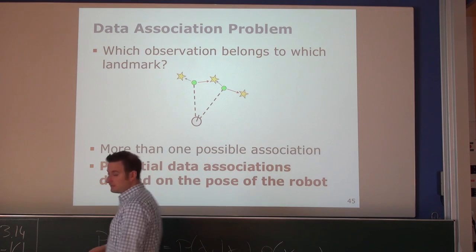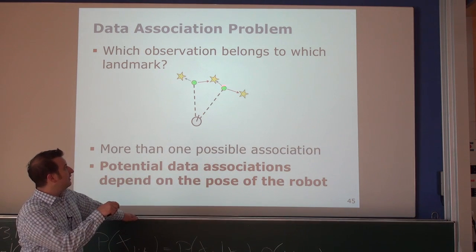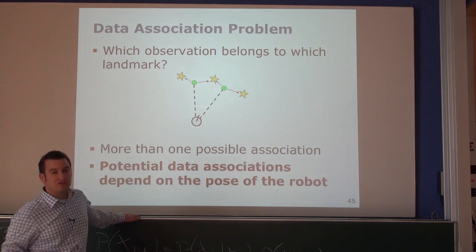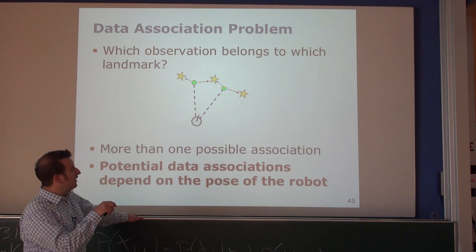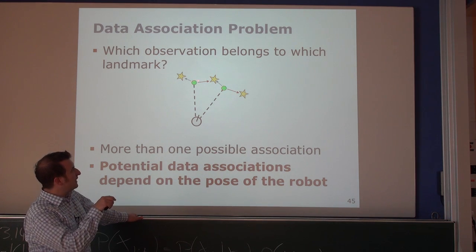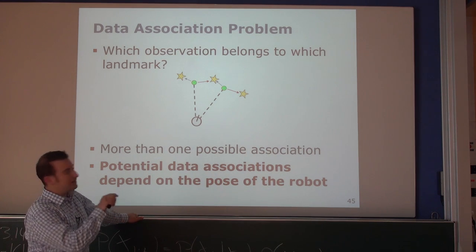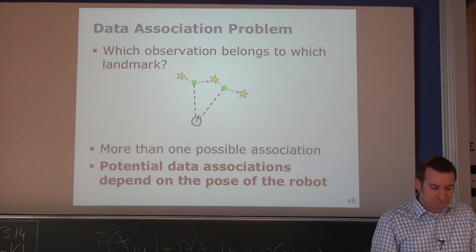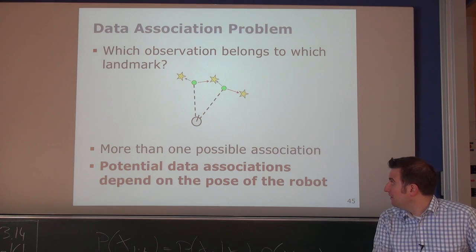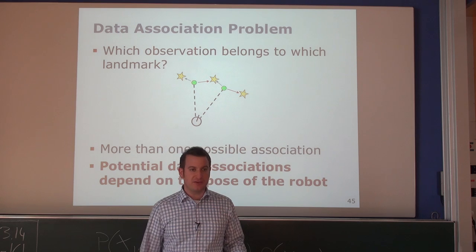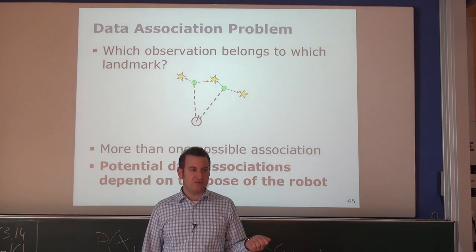If you see this example over here, let's say this is where the robot thinks it is. These are 3 landmarks in the environment. These are the observations. So the robot could say, okay, either this one corresponds to this landmark or to this landmark, and the same here. And if this one should be this landmark, it's quite likely that this one will be this landmark. But in theory, you have all possible assignments of observations to landmarks. And the problem is there's a large number of possible data associations,